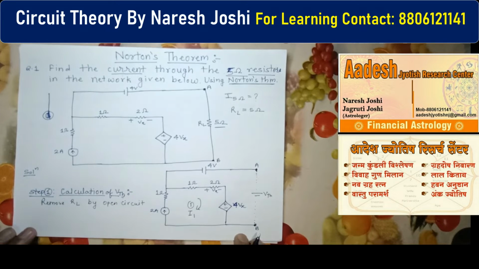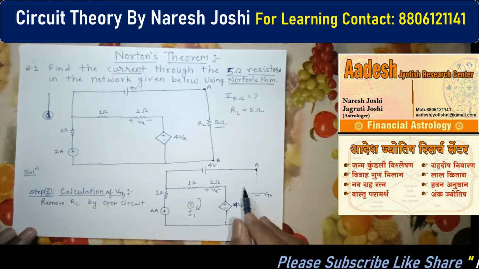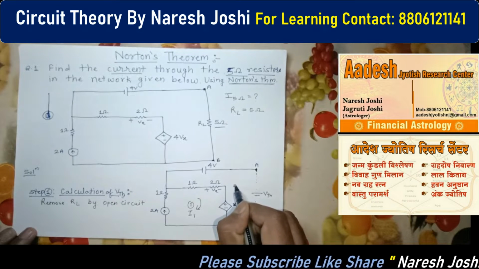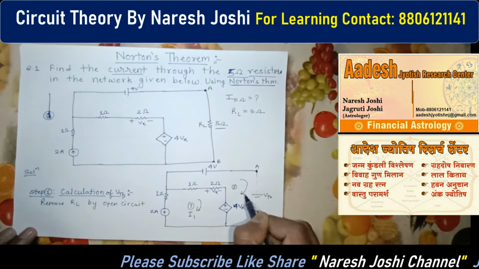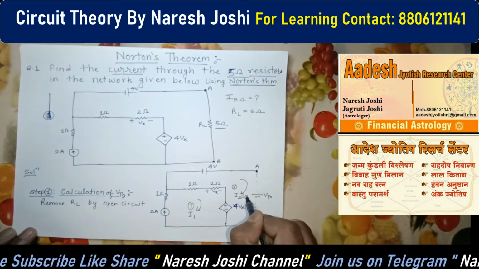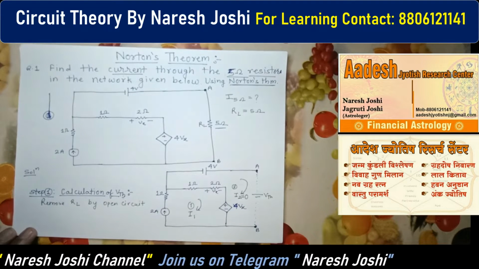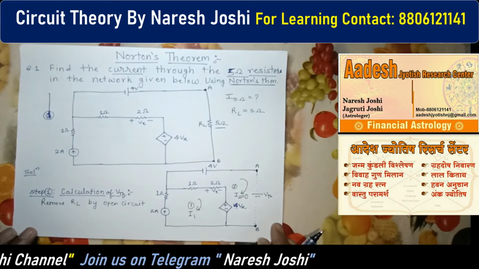We have to always assume the current in clockwise direction. We have to consider it is open circuited, but what we are considering is that it is virtually connected. Virtually connected means we can say it is mesh 2 and current I2 is flowing, but this is an open circuit, so the value of I2 will be 0. We are doing this just for calculation purposes. Practically it is not possible, but just for the calculation purpose we are doing it.